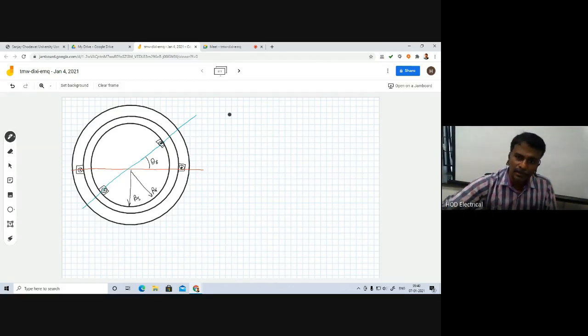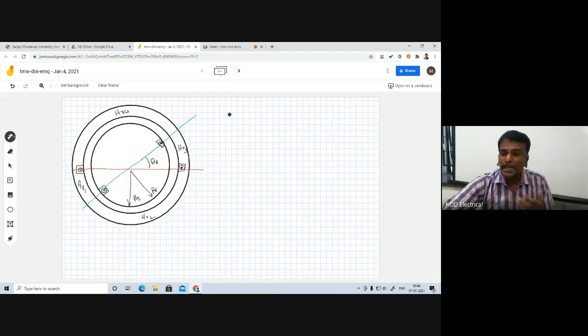This is theta r. In this region, we have written the magnetic field intensity as HR1, then this region HR2, then this region HR3, then this region HR4. The reason is that these are all symmetrical. The rotor is a smooth surface. This is a non-salient pole rotor, so the rotor air gap is smooth. The air gap we have already written as g. Then HR4 is equal to minus HR2, and HR1 is equal to minus HR3.